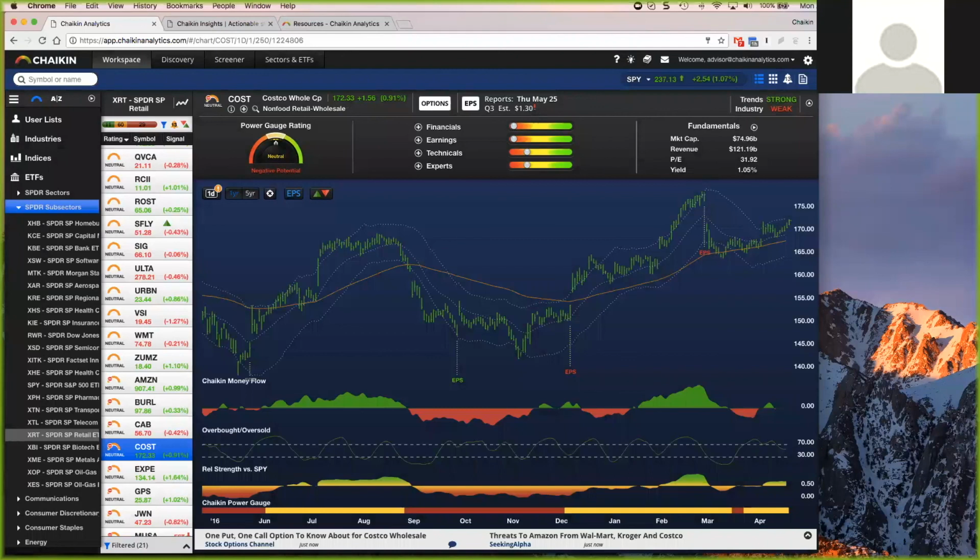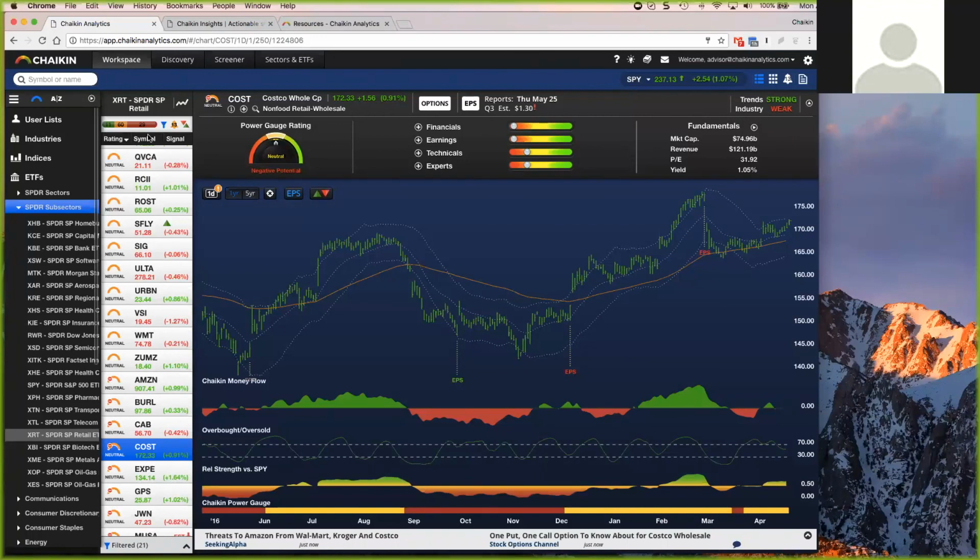Let's see. Can one graphically compare one stock with another? In Chaikin Analytics, unfortunately not. However, you do have the reference to the SPY. So having the SPY comparison is really consistent with our main goal. You're trying to outperform the market. So we don't have other stocks that you can compare to, but I think that relative strength chart does a lot more work than you may originally realize. All right, let's see.